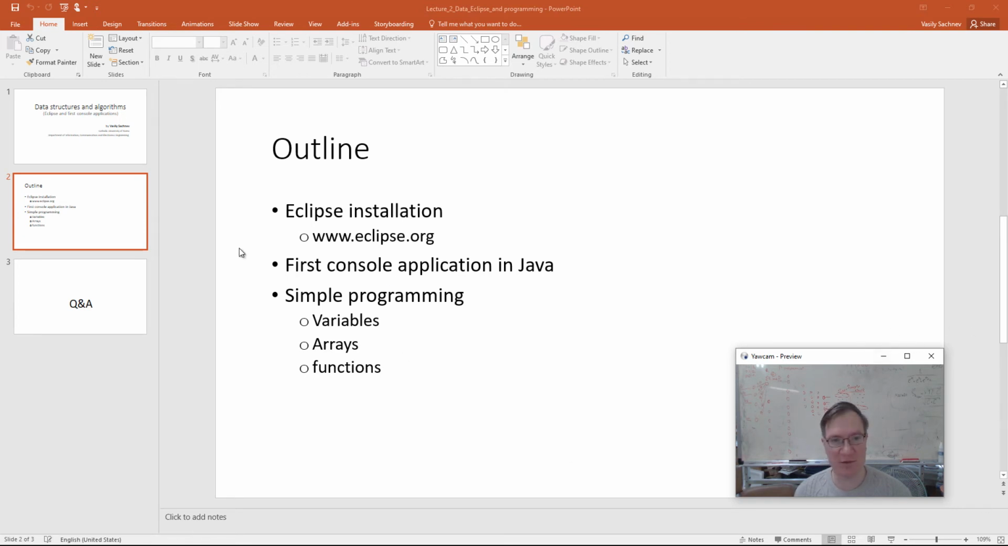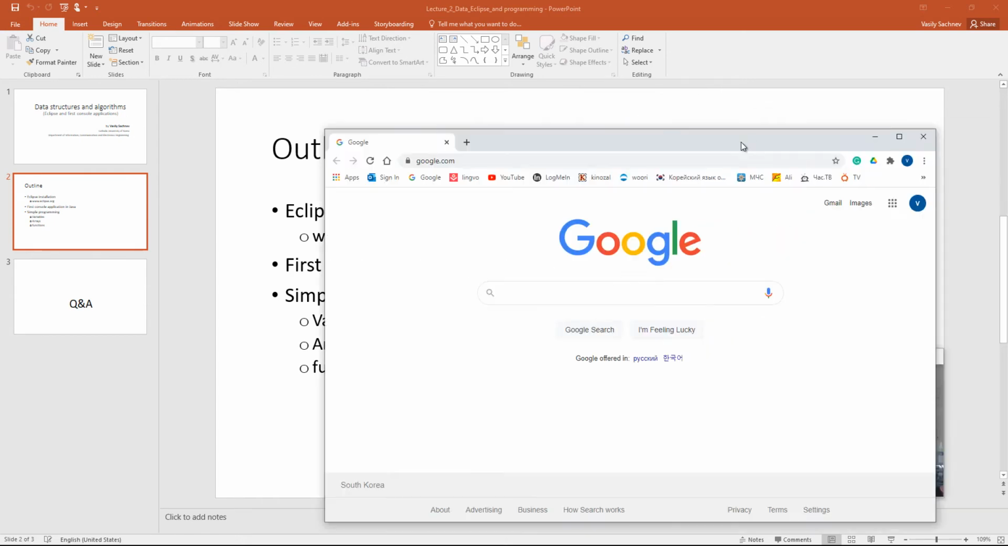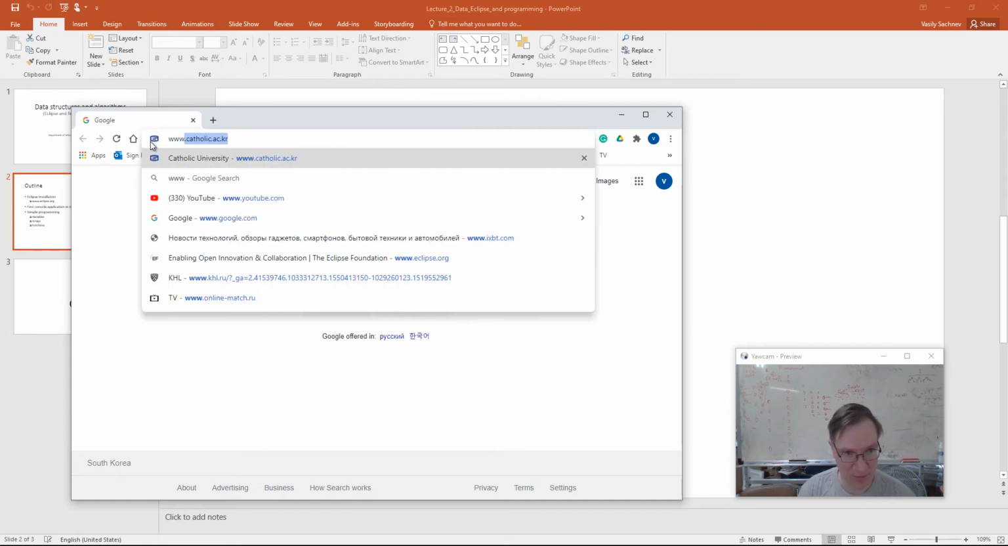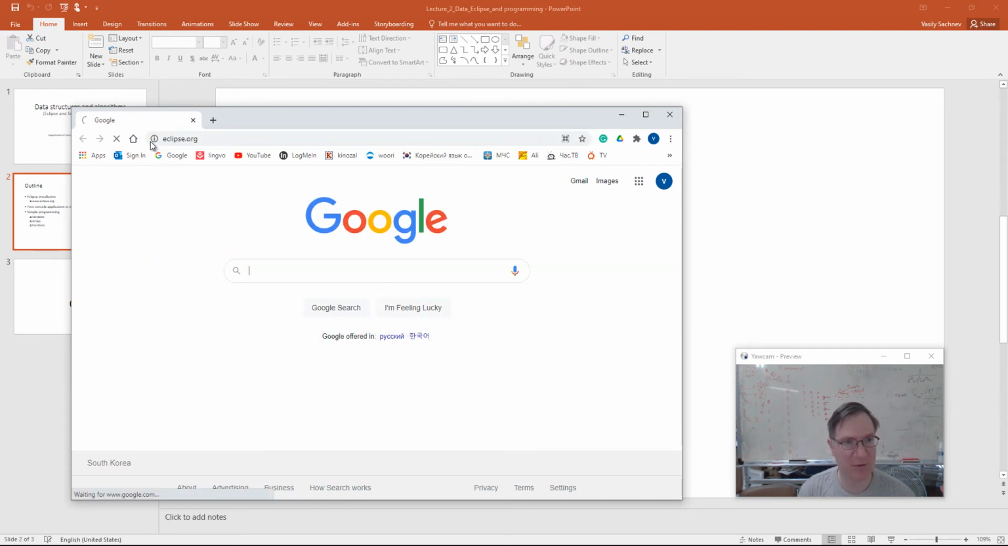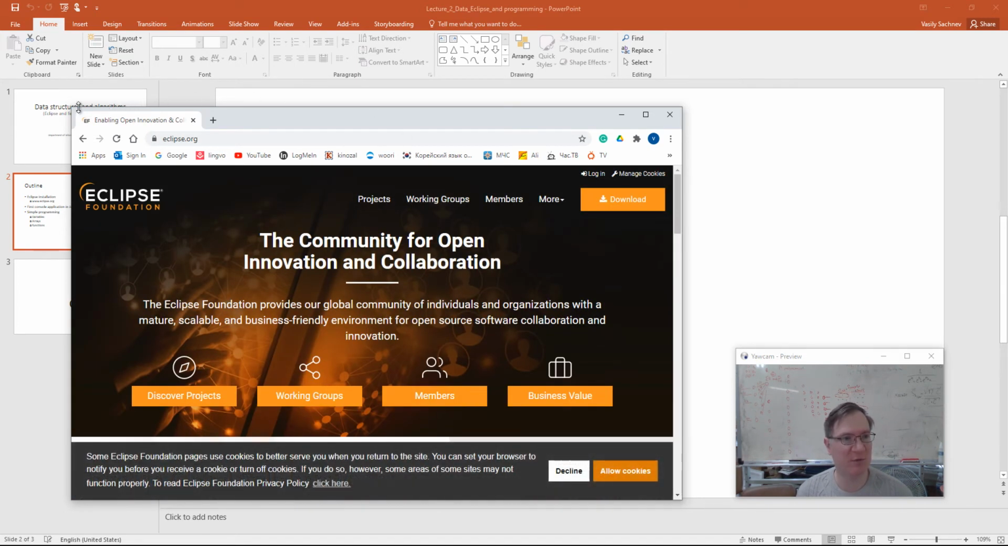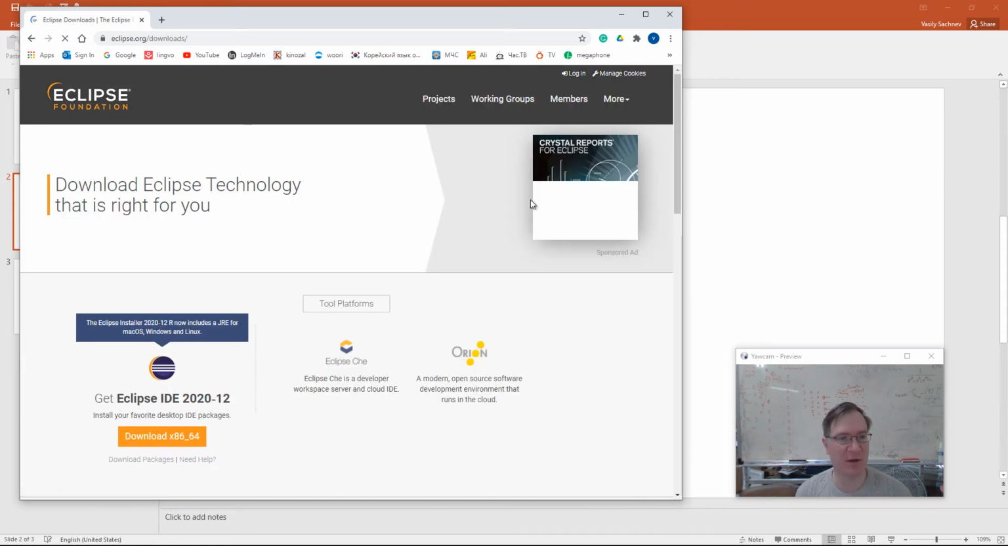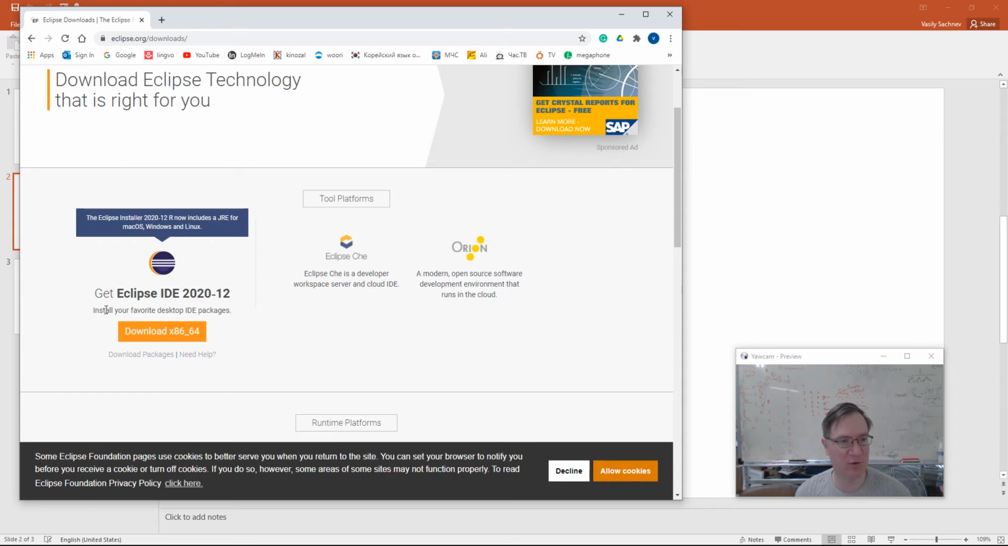So in order to do that, let's see where the Eclipse.org website is. Let's open Google and here type Eclipse.org. Okay, we came to that particular web page. Okay, I don't really need this. So this is what we need, download. I click download, and here we have the latest at that moment, Eclipse 2020-12. So here, just click that download